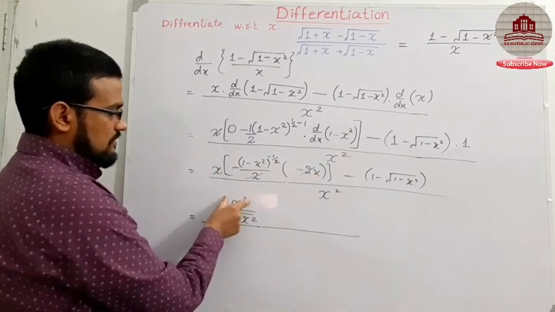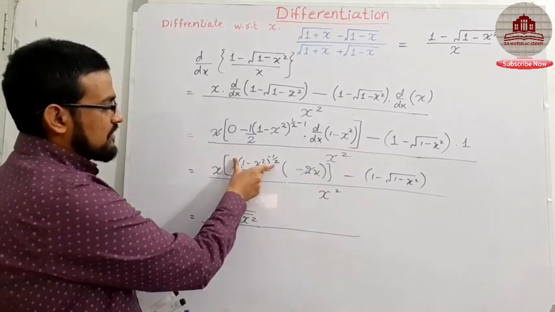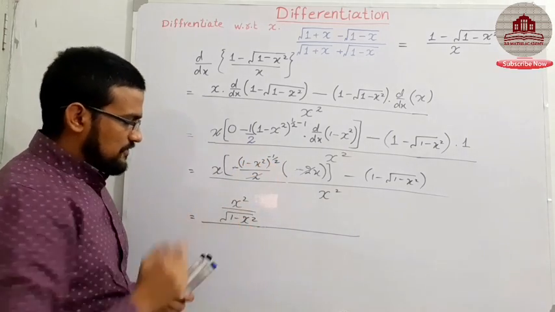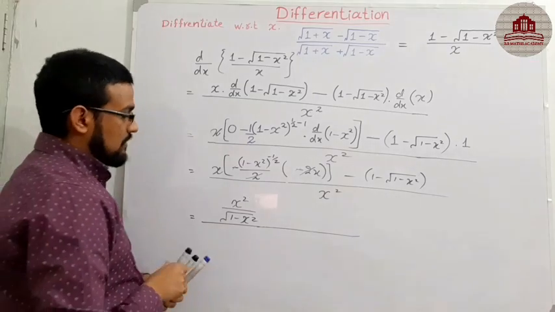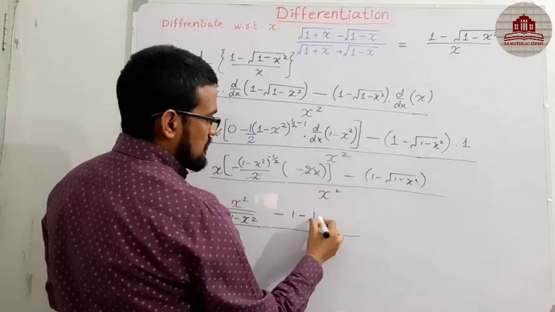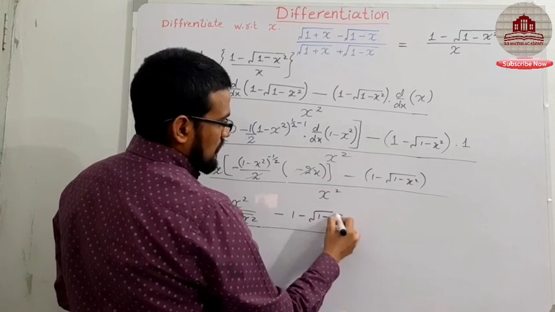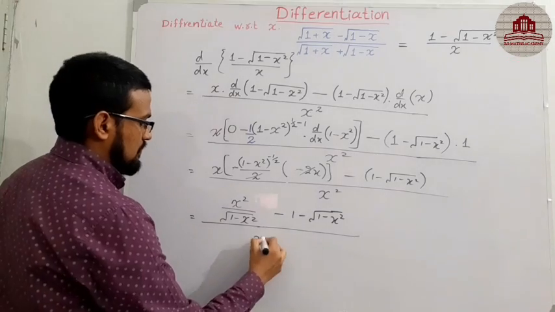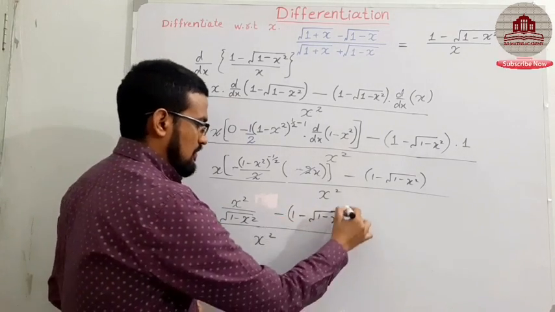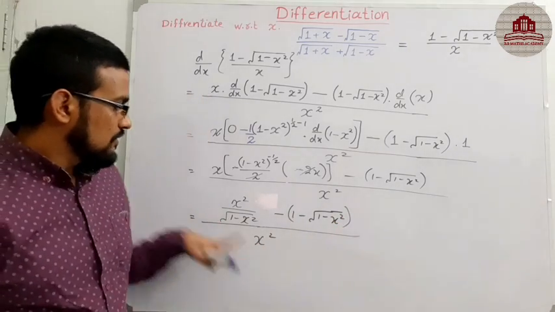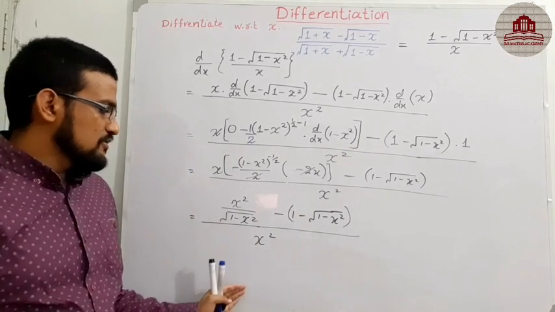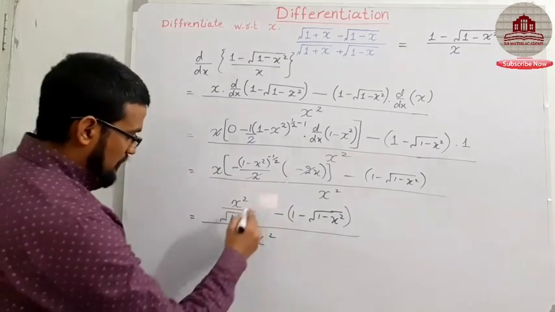X into x square, and this factor due to the negative power becomes a denominator, and this 1 minus x square, and yes, it is a fractional form, so take the LCM and solve the question. Final remaining term,